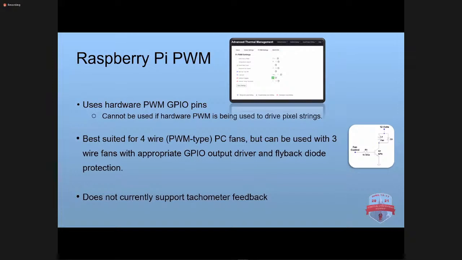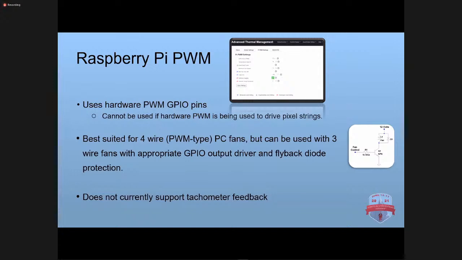First and foremost is the Pi. With the Raspberry Pi, you effectively have 4 pins, or 2 hardware PWM controlled sets of GPIOs, that you can use to control fans. That's basically in a case where you're not using pixel strings, because if you are driving pixel strings directly off the GPIOs with a Pi, you can't do both at the same time. Once that feature is enabled, it uses both of the 2 ports to control pixels, and you wouldn't be able to use the Pi PWMs for that purpose. But if you're using an external controller that's using E131,